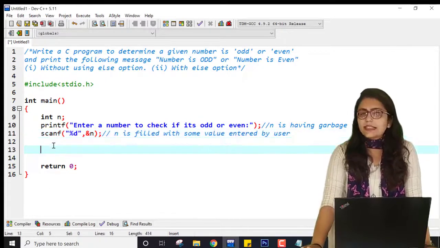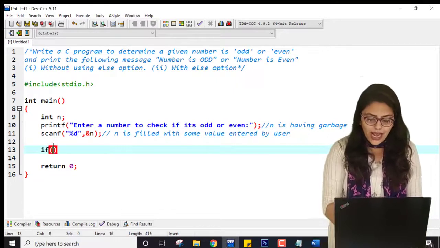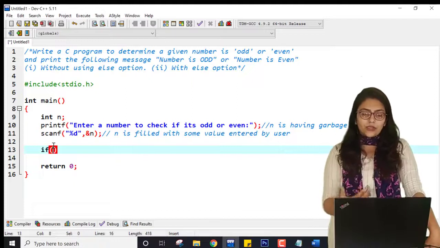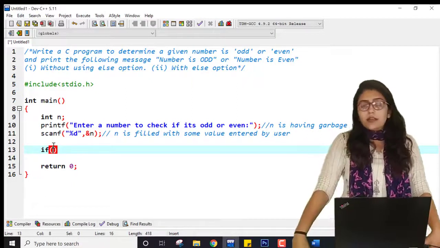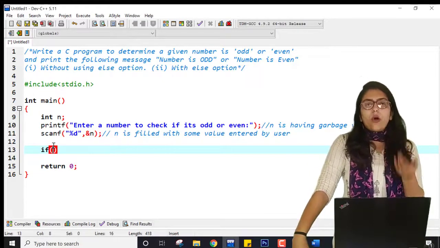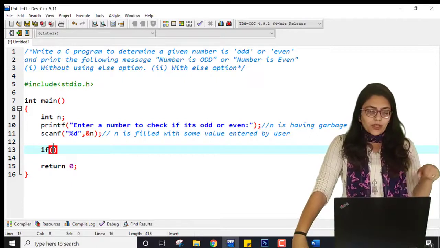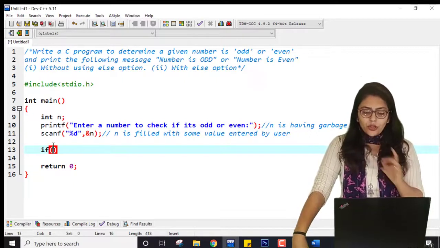So now n is having some value. Now how can I check whether the number is even or odd? I can check it using some operators, and the operator used for checking the remainder is modulo, because a number is even if it is divisible by 2 and a number is odd if it is not divisible by 2.